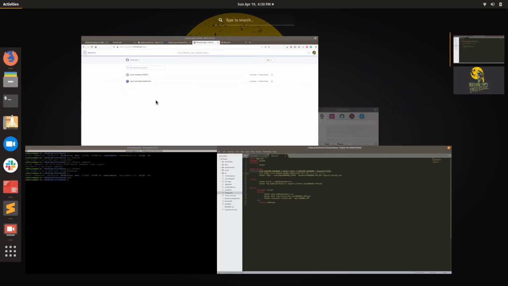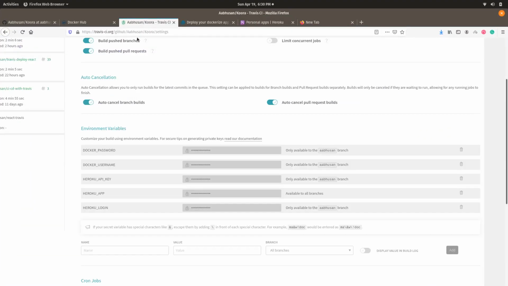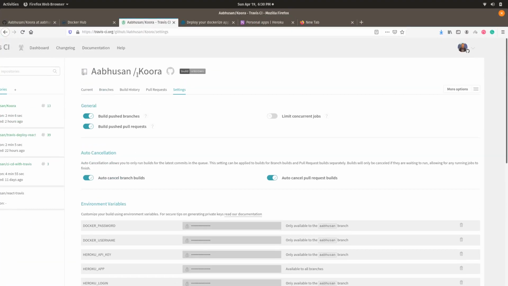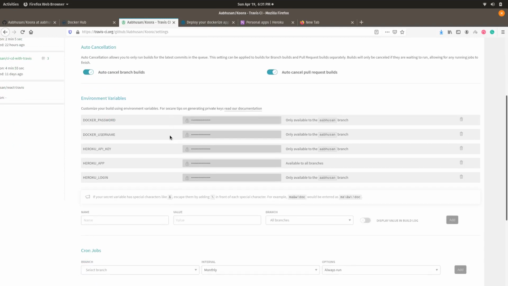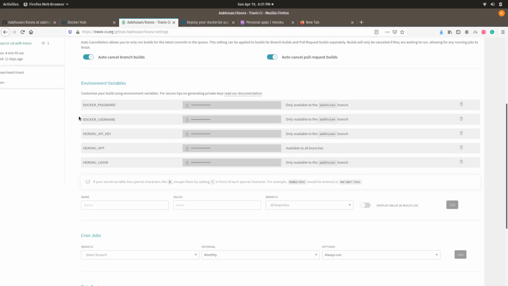So let me show you guys. So here in the Travis, this is the repository named Quora, in which we have activated Travis. So go to settings, and you can find here what I have passed as an environment variable that I have used in .travis.yml.